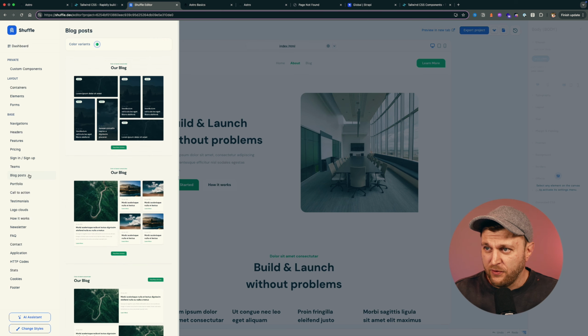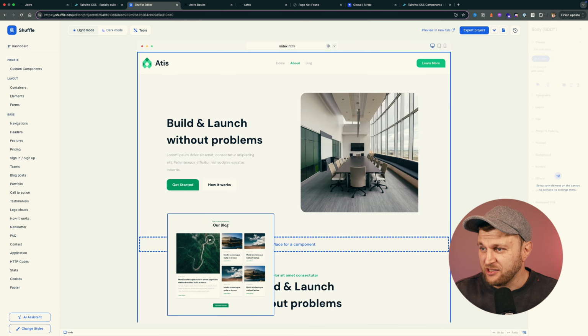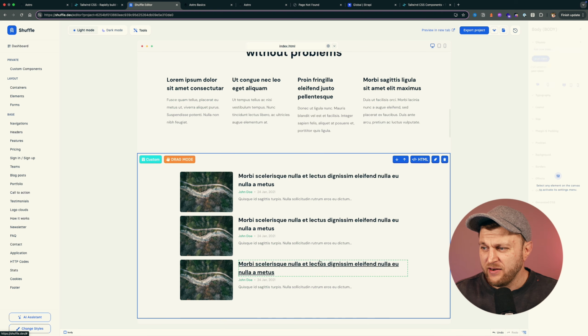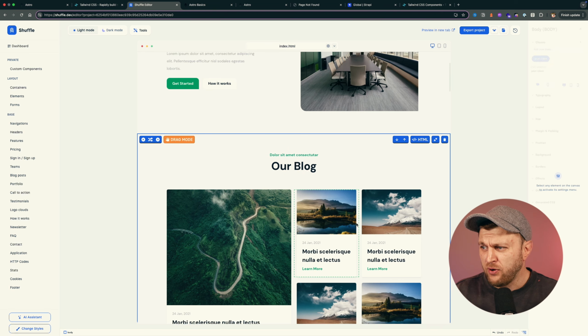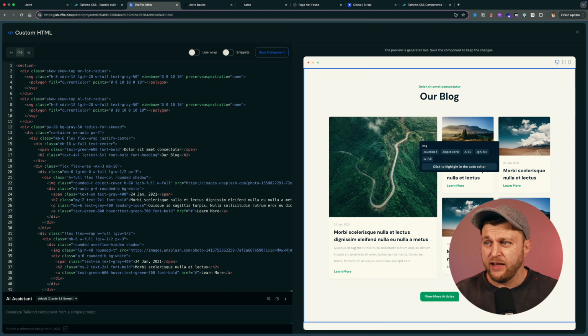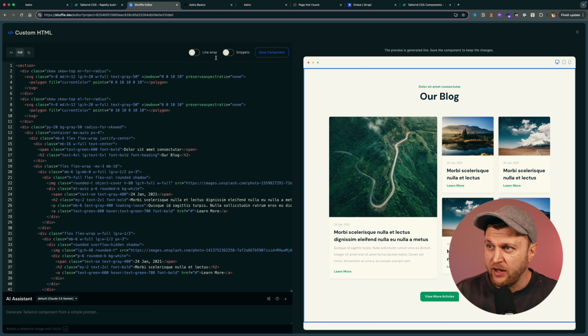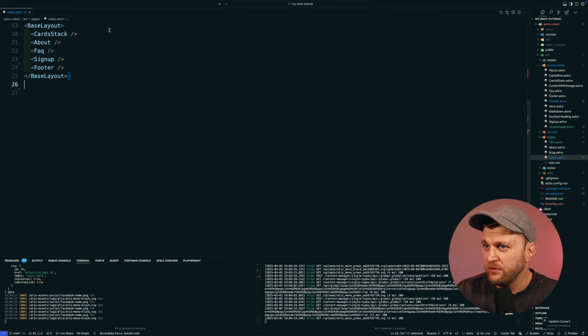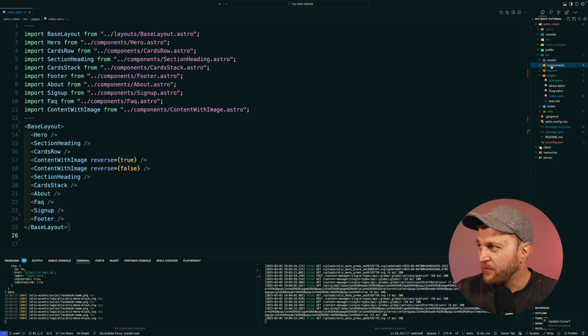Let's take a look at this. For instance, I want to go ahead and add this block. I drag it into my editor and I could export this whole project, or what you could do, and there are so many editors that allow you, basically, the whole point is that you're able to easily just copy the HTML with the Tailwind. So if I copy and I go into my code, and let's say I go to my components